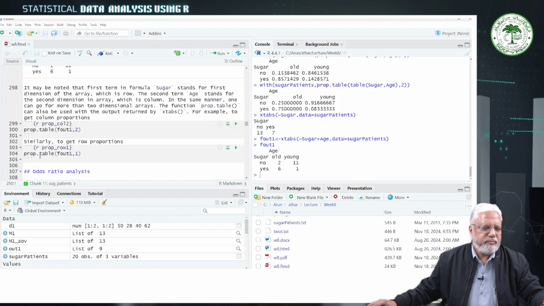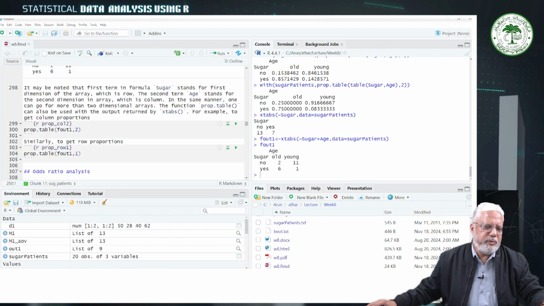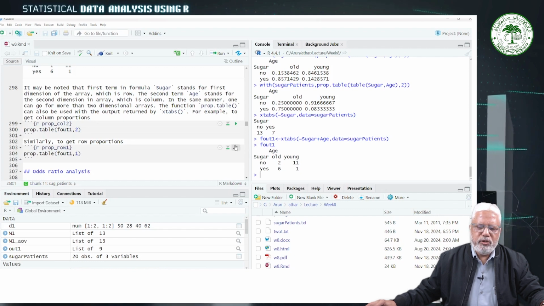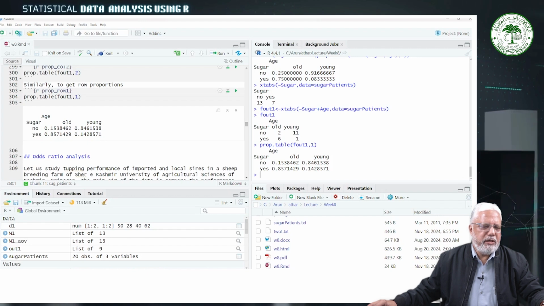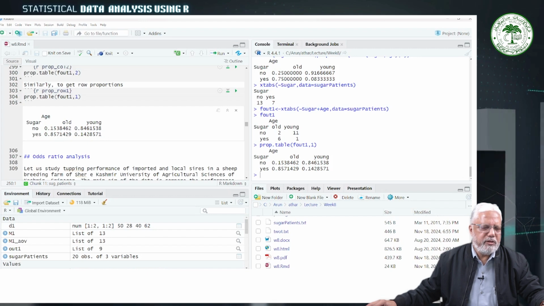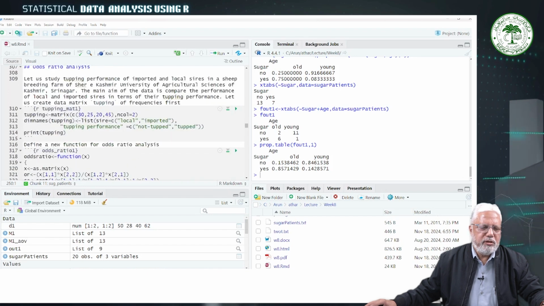Then prop.table f out 1. 1 stands for row wise proportion. So it gives row wise proportion and it is 15% and 84%, 85%, then 85% and 14%. Then odds ratio analysis I have already talked. Then